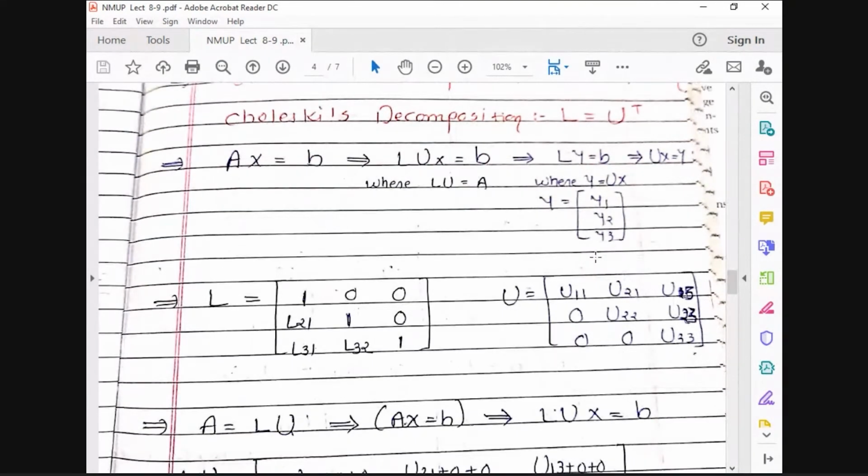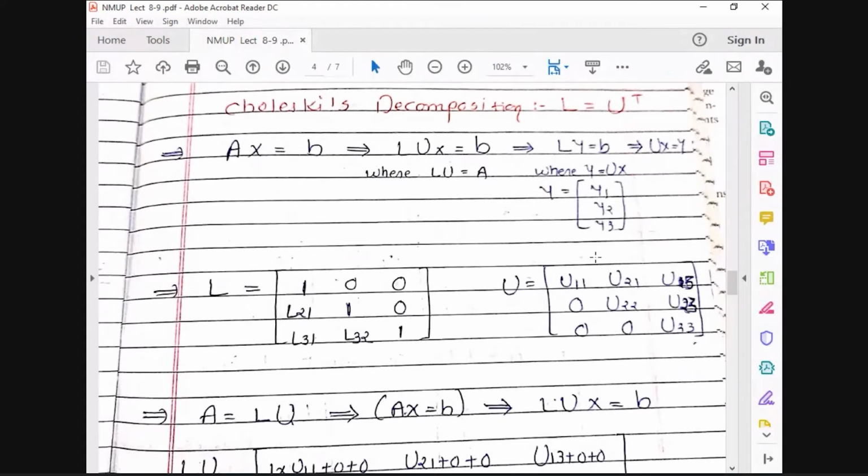Now, this one is the generalized form of the lower triangular matrix and upper triangular matrix. So in the lower triangular matrix, one thing that you have to keep in mind for the Doolittle method is that the diagonal is equal to 1. Just check it out. In the upper and lower triangular matrices that I have written over here, what is the difference? In the upper triangular matrix, U11, U22, and U33 would be there, right? But in the lower triangular matrix, the diagonal values are all equal to 1. So this thing that you have to keep in your mind, okay?